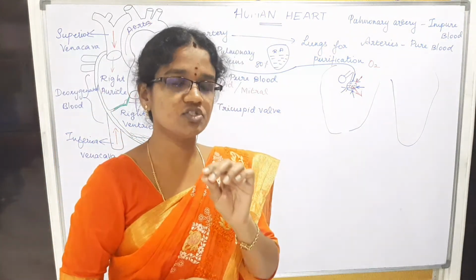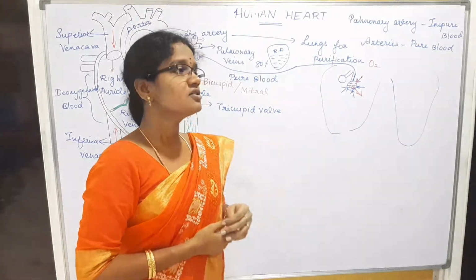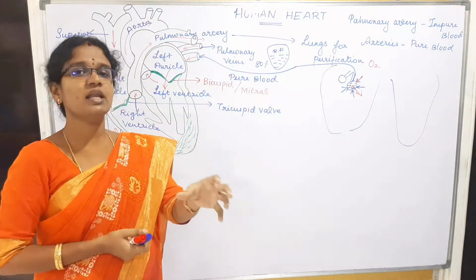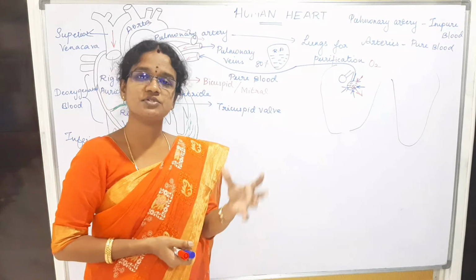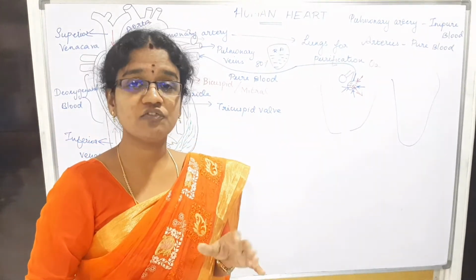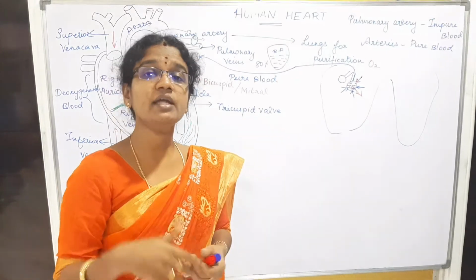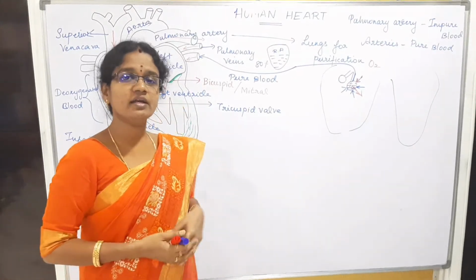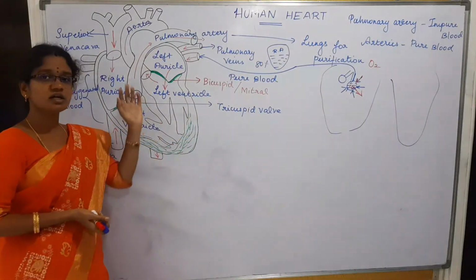The finger-like projections which are present in that, right? So while absorbing, they also absorb the carbon dioxide which is present in the blood, which is present in the food. So again the blood gets impurified and again the cycle goes on. This is a continuous process, right? Okay, how does this happen?